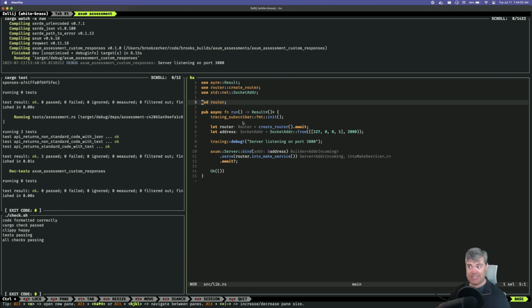In this case, the file is a folder named router with a mod.rs inside of it, but it could also just be a router.rs file next to it. So this is not like Java, where your classes all have to have their own files with the name of the class being exactly the name of the file. You don't have to worry about that at all. Rust is very loosey goosey as to what you want to do.